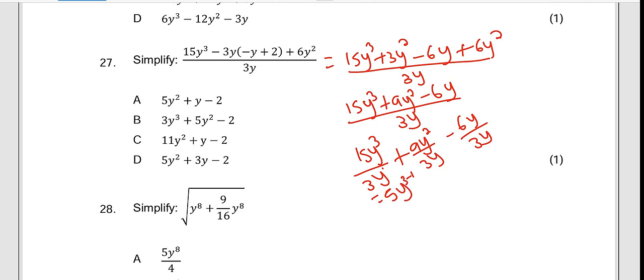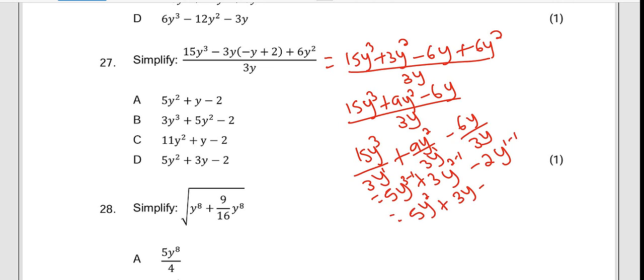3 minus 1, we have 1. When you take it to the new matrix, we change sign. 9y by 3 is going to give me 3y. 2, here we have 1, minus 1. Minus 6y is going to give me 2y. That is 1 minus what? Minus 1. And the answer is going to be 5y squared